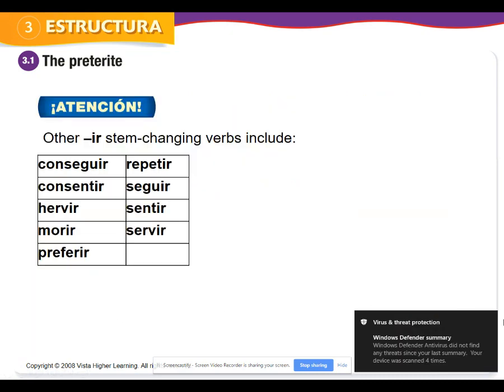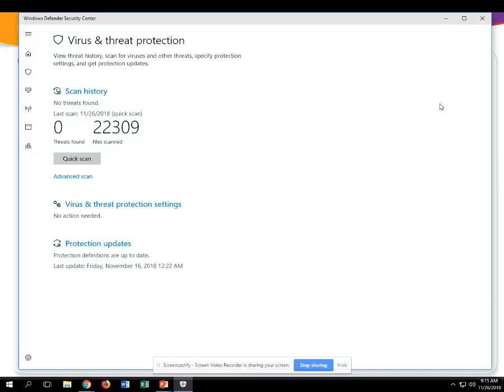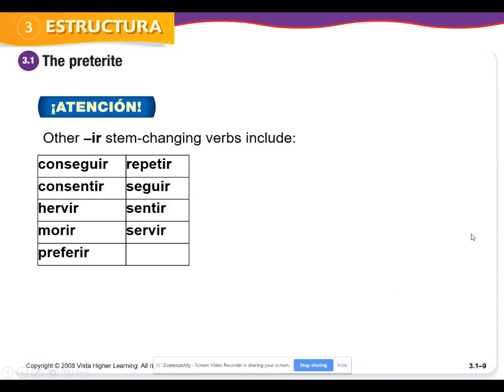All right, so here is a list of verbs that are stem changers. Okay, well, I apologize. So here's a few of your IR stem changing verbs. And guys, I know you have a list of them, so make sure you go back and you know which verbs are stem changers and which are not. All of these are IR verbs, and they were stem changers in the present tense. So you have verbs like conseguir and seguir. Guys, they're kind of similar. Remember that this was an E to I stem changing verb, and it's going to be an E to I stem changing verb now.